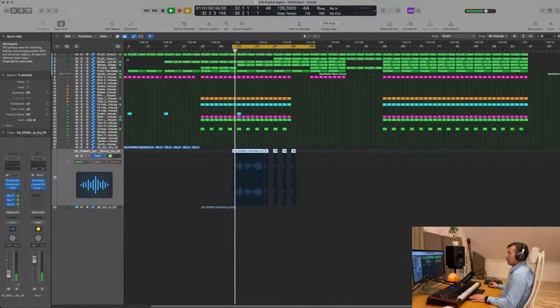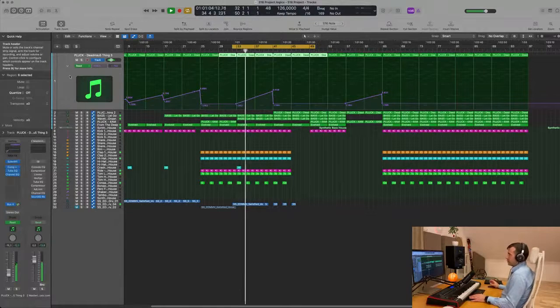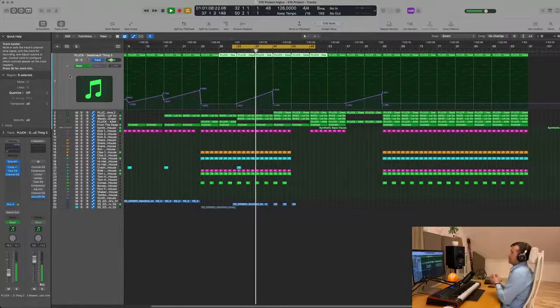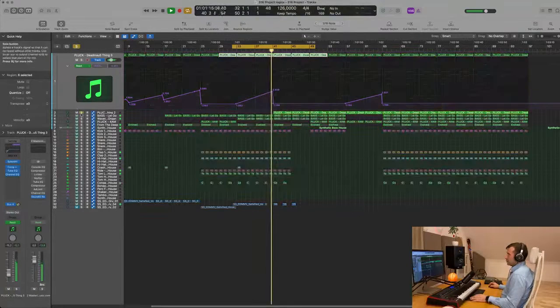Okay, now what I'm gonna do, guys, is I'm gonna do some sidechain compression on the synth from the vocals. I think it's very important. It does make a huge difference in the mix. What I'm gonna do is I'm gonna send most of the synth, this one, so